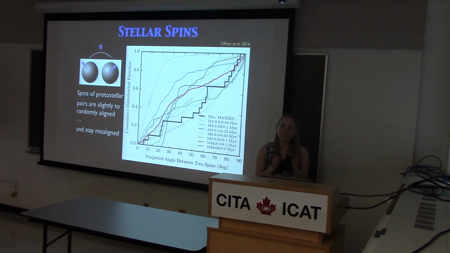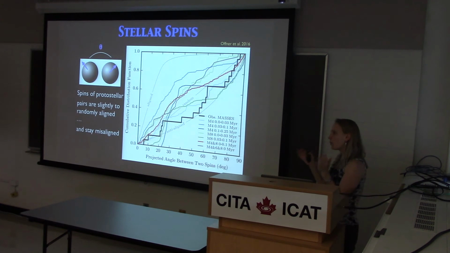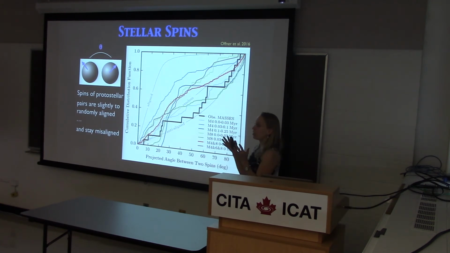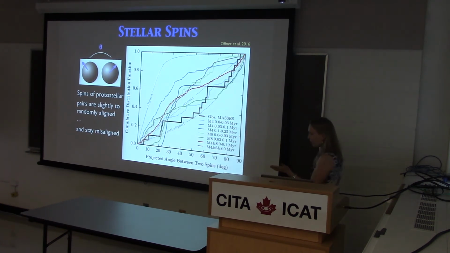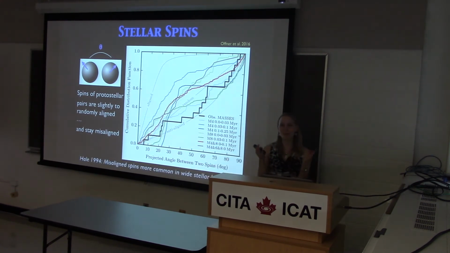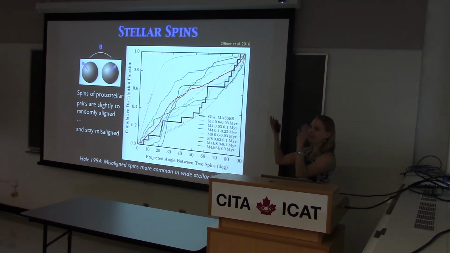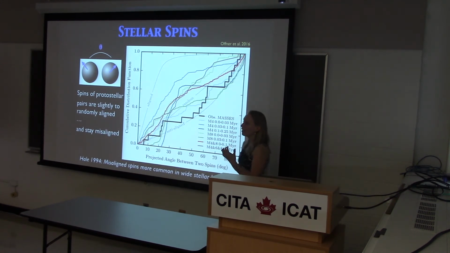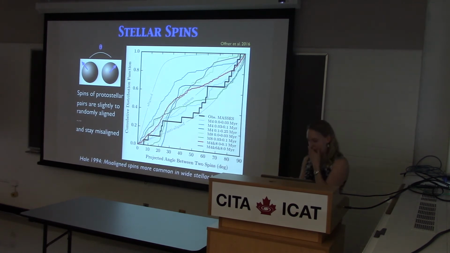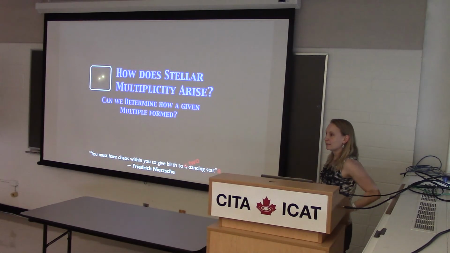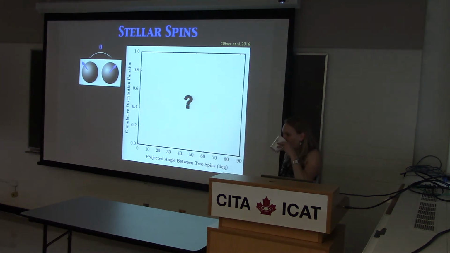All right. So this is a predictable signature that we could go out and look for among binary field stars. And it turns out somebody did. Now, there's not a large number of papers that have done this, and there's one that I know of, which is Hale 94. They looked at spins in close and wide binary systems, where wide is a few hundred AU, and they found that the wide ones tend to be misaligned. All right. So this is actually a very encouraging data point.